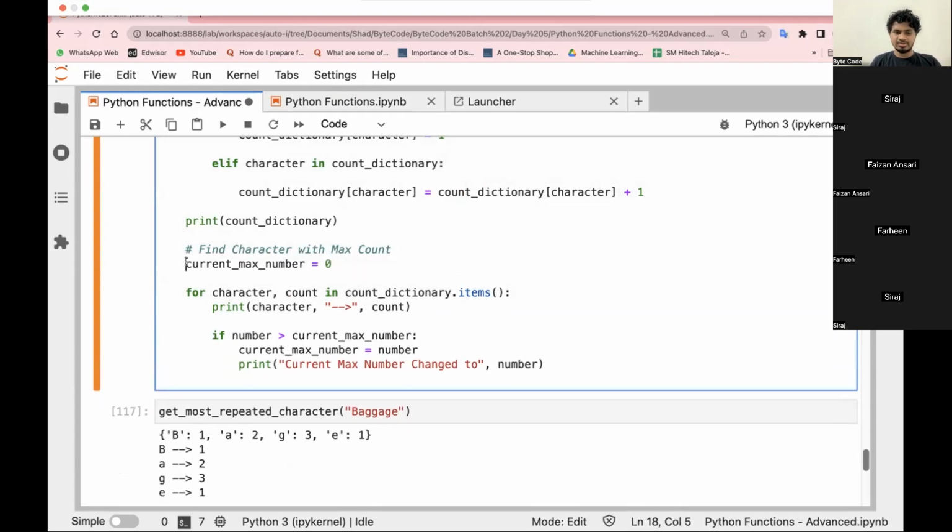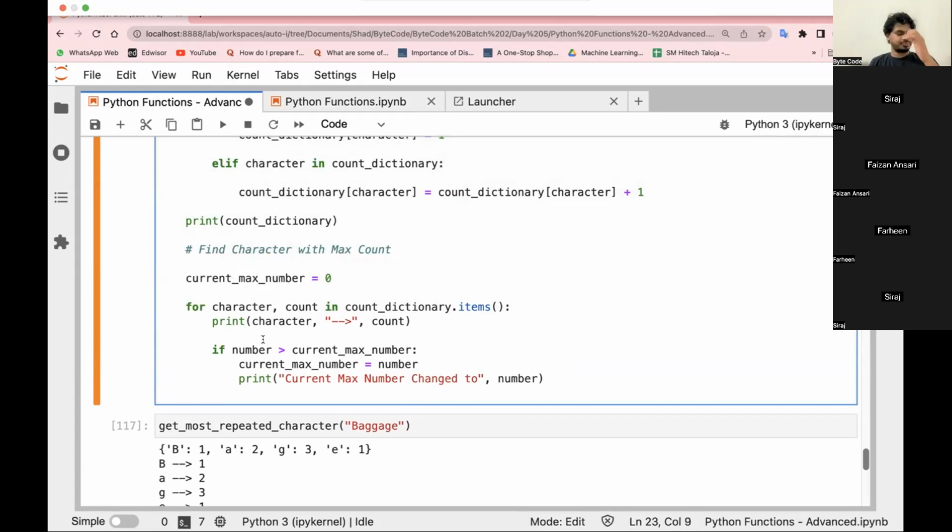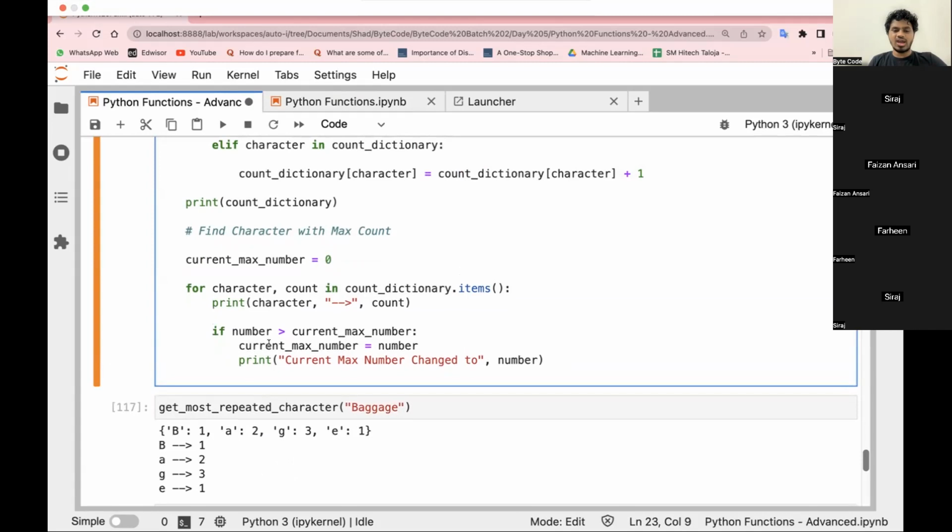So what I will do is find the current first. See, if number is here nothing but it is count, right? If it is count, then your current max number will become this, and also